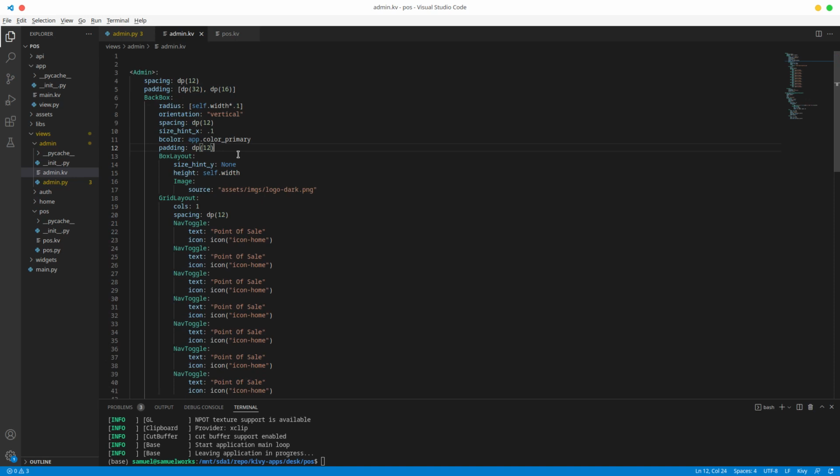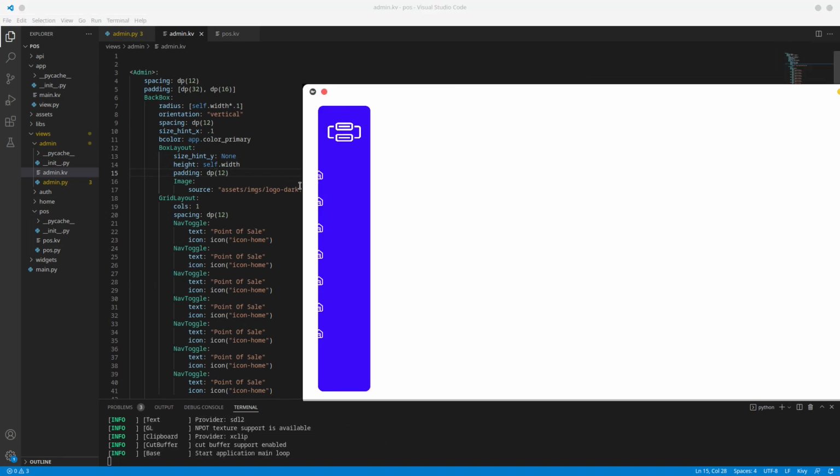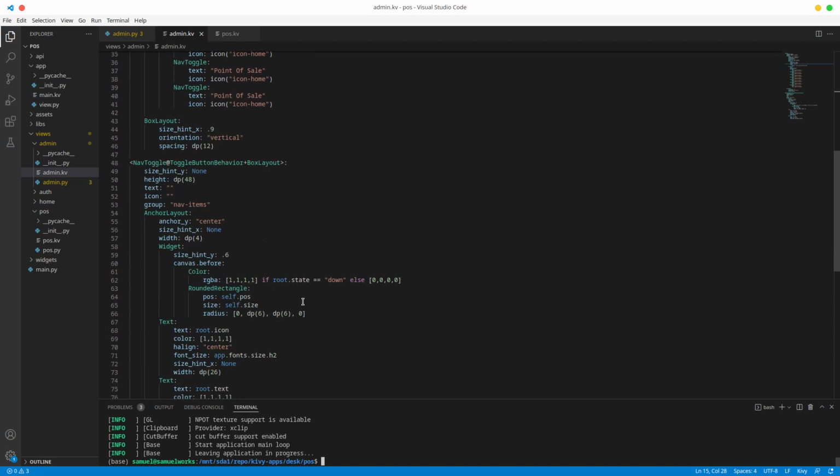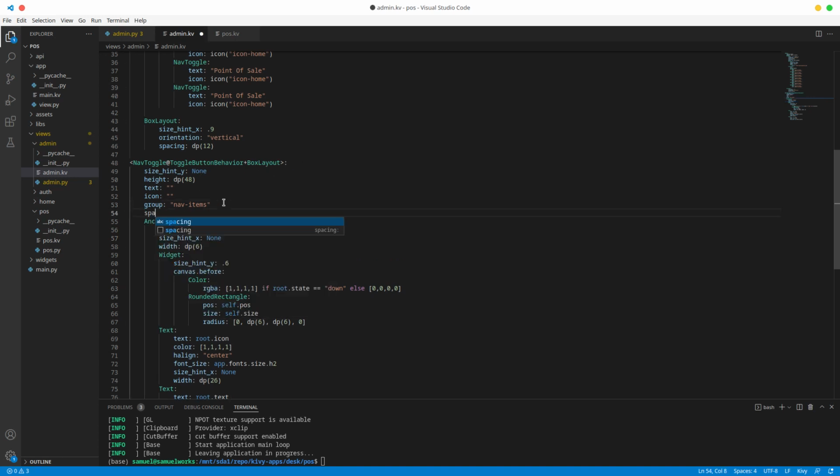So we are going to put padding in there, but we don't want it on the grid layout because we want that thing to appear at the very end like that. Okay, the next thing I want to do is change this to 6. Then on our box layout we want to space these things, so we're just gonna do spacing of 12